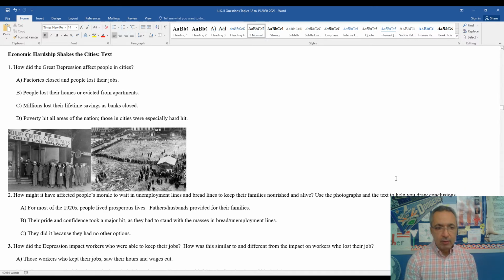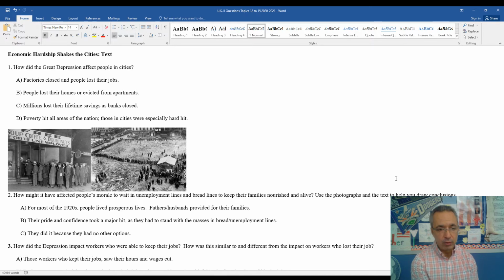Okay, question one, how did the Great Depression impact or affect people in cities? Well, just think logically. You can make some of these conclusions yourself. Factories began to close, people began to lose their jobs, they lost their homes, they were evicted from their apartments. When you look at the way in which you lose your home, there are two different ways. If you have a mortgage on your house and you can't pay your mortgage, your monthly payment to live in a home,